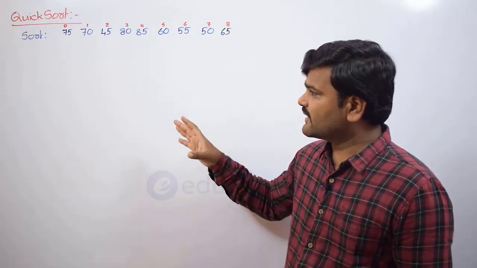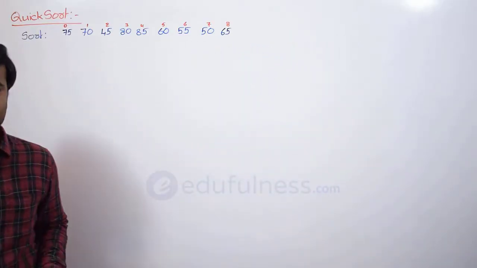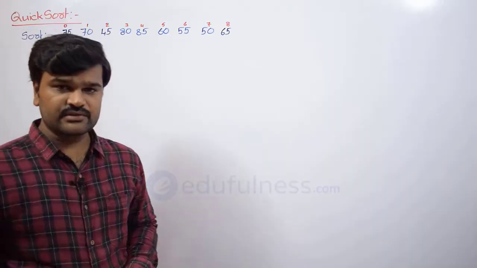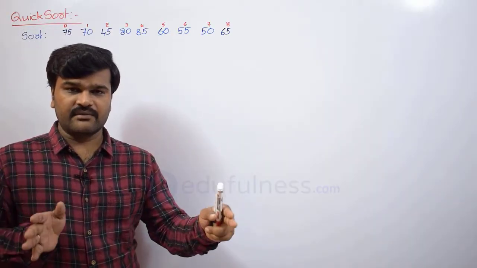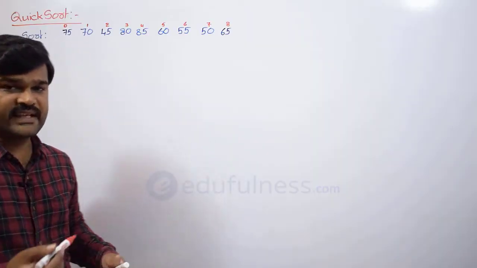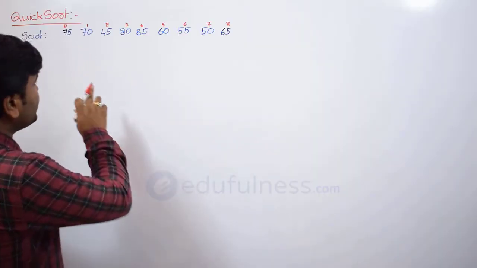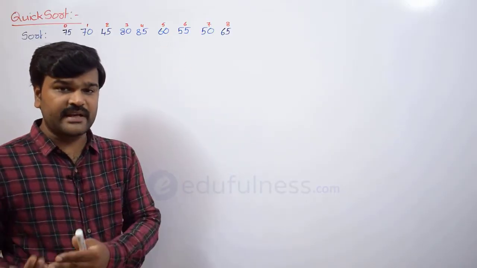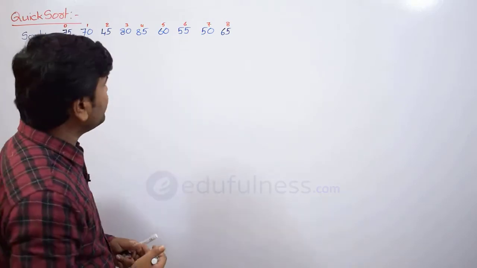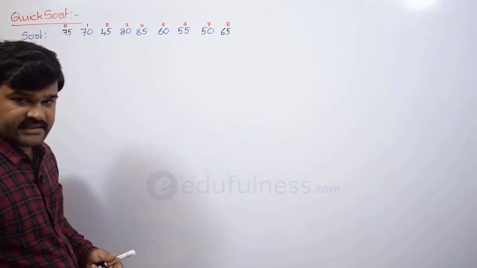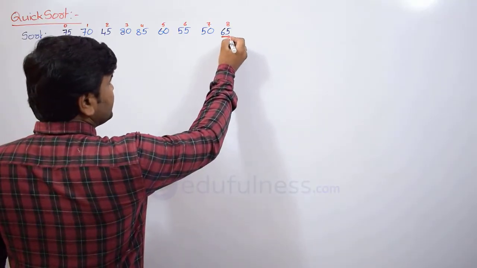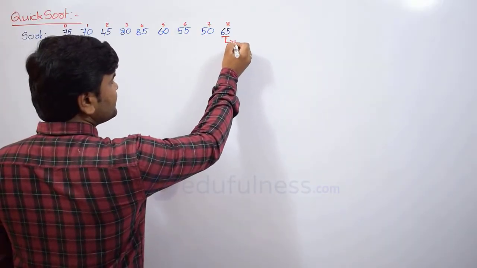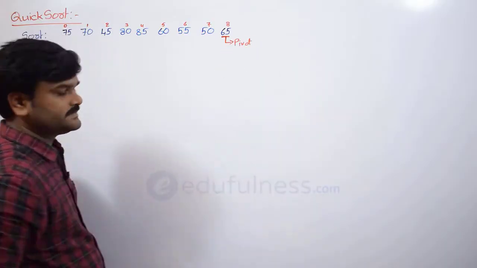So here, if you see how you are going to sort: initially we have a total of 9 elements to sort. Whenever you have n number of elements to sort, first we are going to select a pivot element. You can select any one of the elements as pivot, there are no constraints for selecting the pivot element. For example, for comfort, I am going to select the 8th index element as pivot.